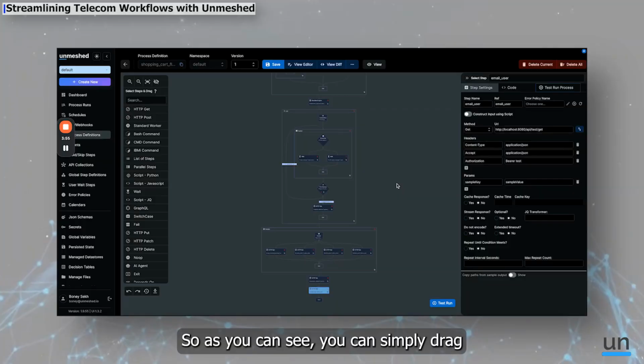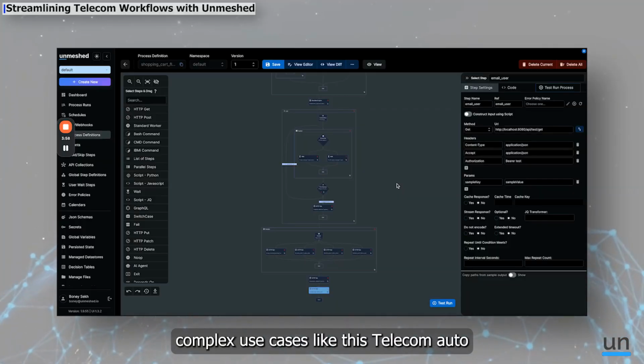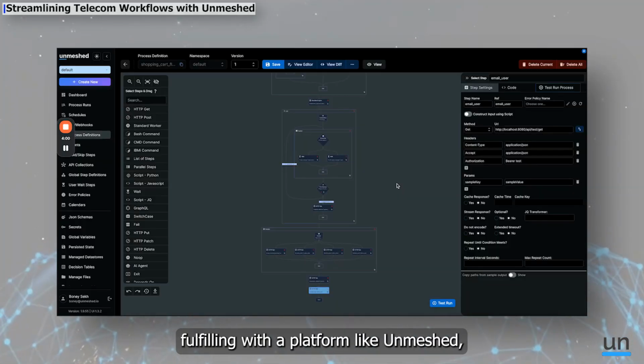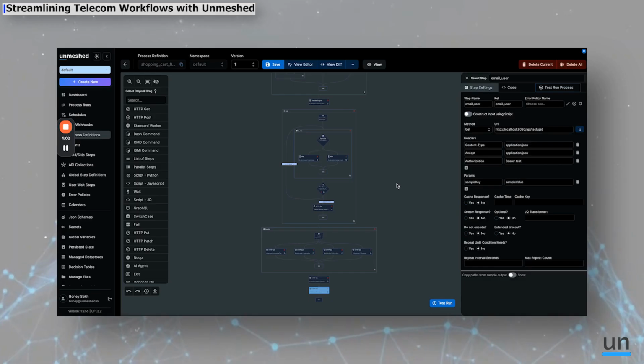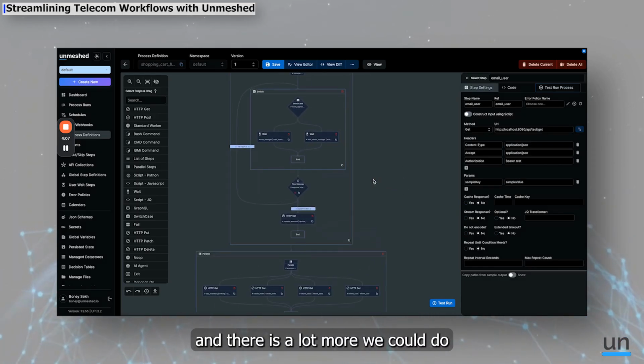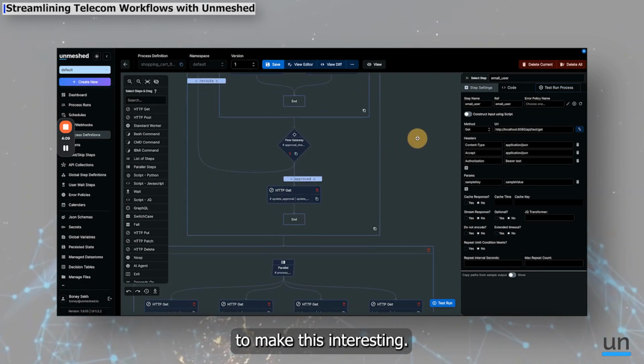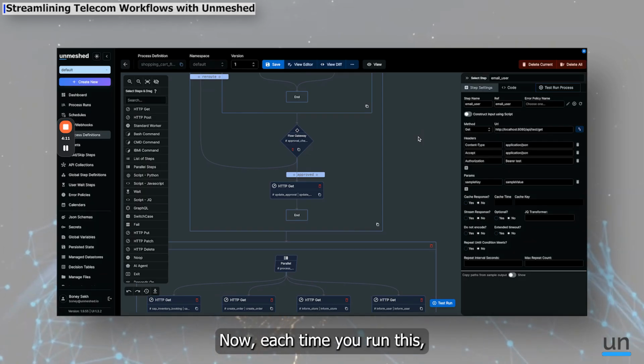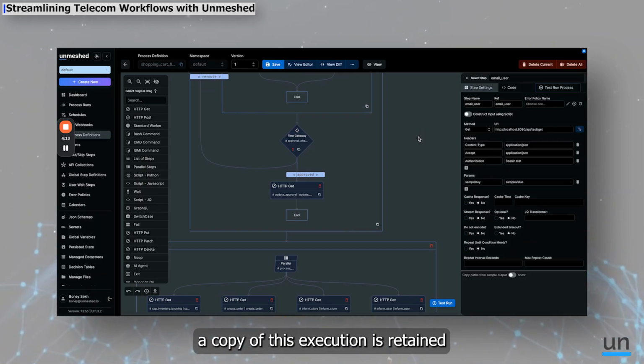So as you can see, you can simply drag and drop different steps to achieve complex use cases like this telecom order fulfillment with a platform like Unmeshed. We're only touching a few features of Unmeshed in this workflow, and there is a lot more you could do to make this interesting. Now, each time you run this, a copy of this execution is retained for as long as you need